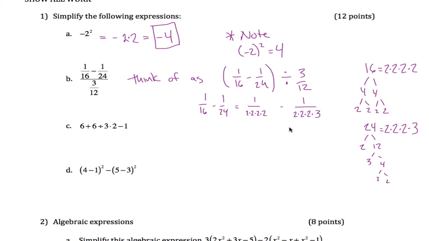And so what we can do is get a common denominator by multiplying this side by 3/3 and this side by 2/2. And now what I have is the exact same denominator in both cases, 2 times 2 times 2 times 2 times 3. So what I get is this thing over here is equal to 3 over whatever my denominator is. Well, my denominator is whatever these used to be times 3. So it's 3/48 minus 2/48